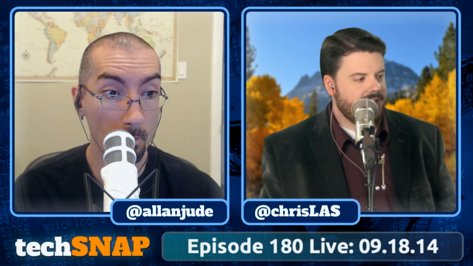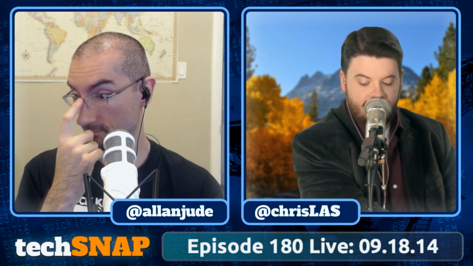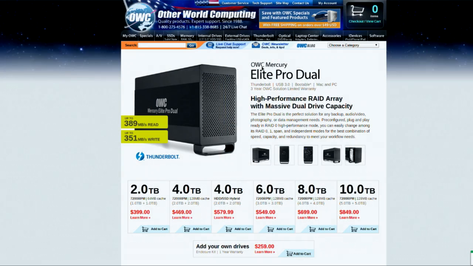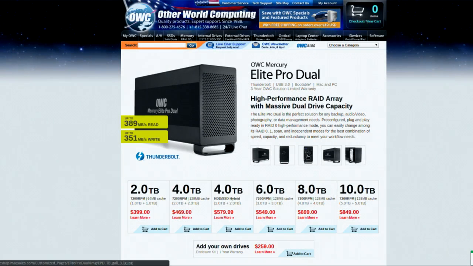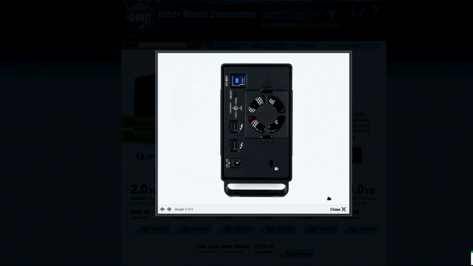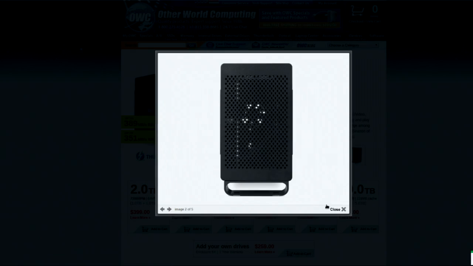Honestly, what you really want to do is have 2 external drives and mirror them that way. And there's, I can't remember, is it G-Sync? See, let me go find it. I had one for media editing from otherworldcomputing.com or macsales.com, that's what it is. And they make them for people that have like Mac Pros and stuff, but they're just standard drives. And they are external enclosures with 1, 2, 3, and 4 different drives, it depends on which one you want. And they just hook up over USB, Thunderbolt, eSATA, USB 3.0. And I've used 3 or 4 of them for editing.